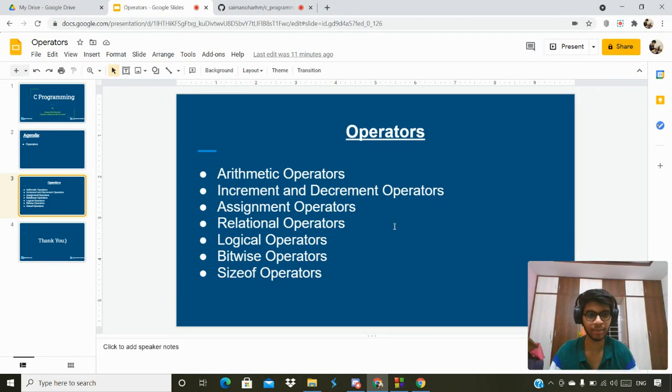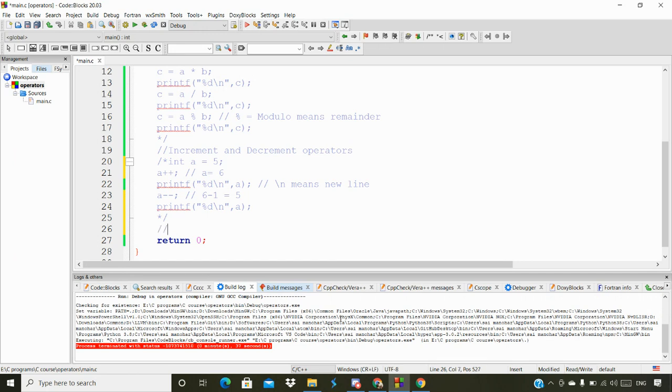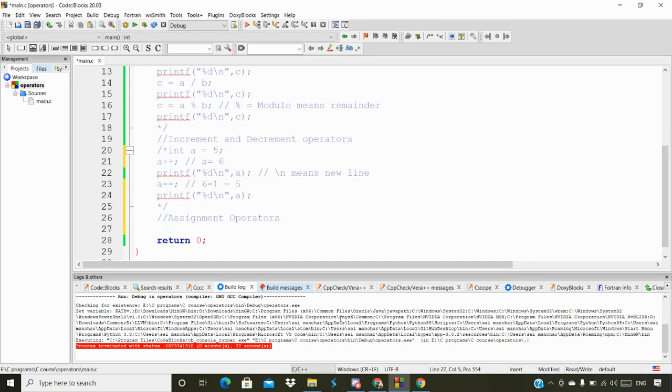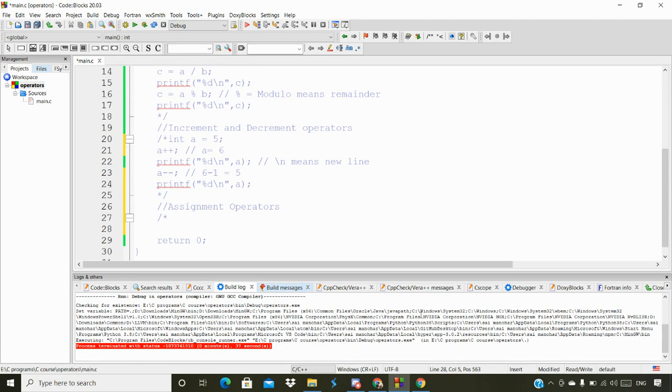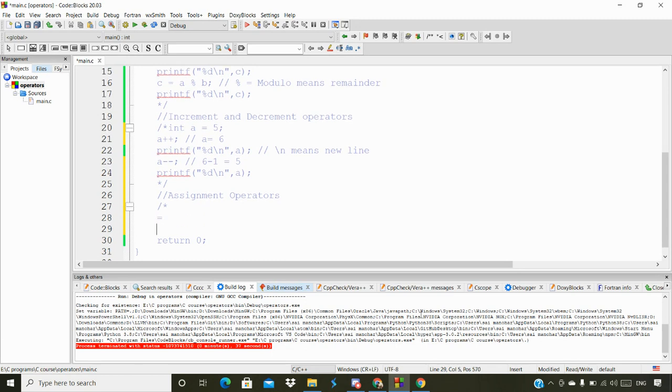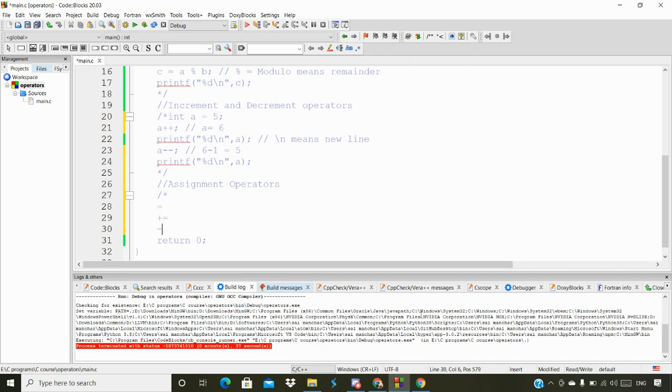So after the increment and decrement operators, what do we have? The assignment operator. Let's see the assignment operator. So now let's try with the assignment operator. What exactly is the assignment operator? We have different types of assignment operators. One is equals to, and plus equals, minus equals,